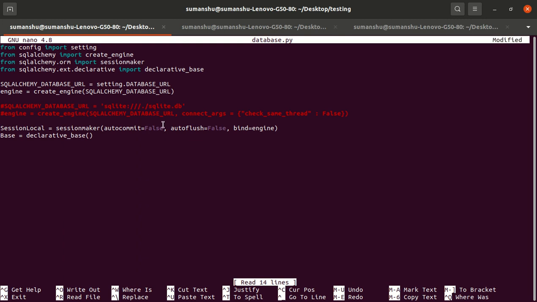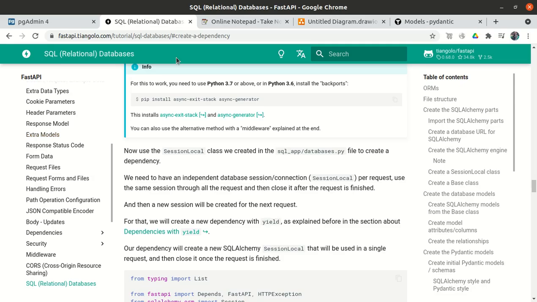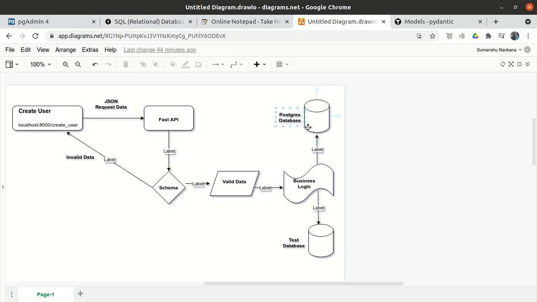As I told you, we have created one session object, right? SessionLocal is basically a class. SessionMaker created a class SessionLocal. We will create an object of this particular class. As I told you, a session is a kind of workspace for the particular database. But now for dependency injection, we could have two databases, one is the production database, one is the test database. So we need two sessions, one session for the production database and one session for the test database.